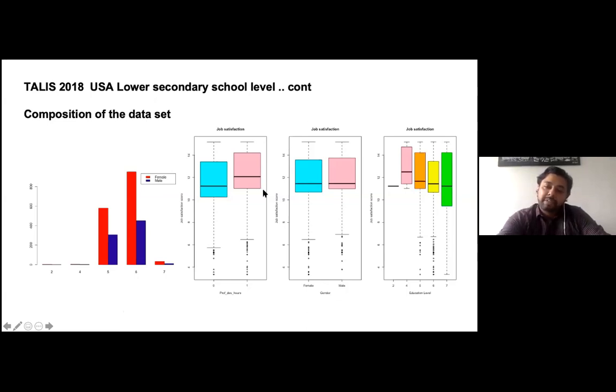And here are those box plots. I made those box plots depending on the job satisfaction by gender and education level, and here I made one of those variables into a categorical variable again to show how the professional development hours make the job satisfaction a little bit higher. You can see in the first box plot, the higher box represents the people who are spending at least 1 hour per week on their professional development.